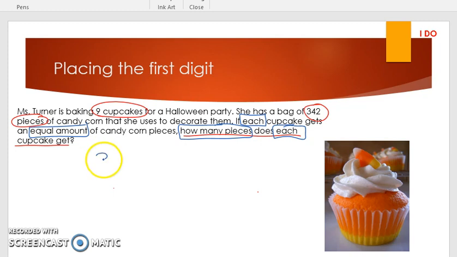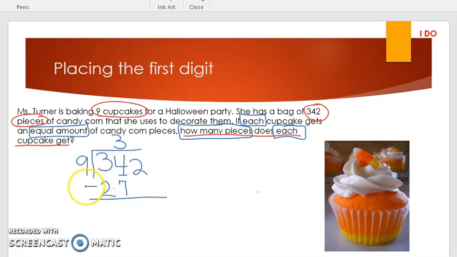So now let's go ahead and solve. We have 342 divided by 9. And if you don't remember how to do an estimate, this would be a good question to put in your notebook to ask your teacher. So the first thing we're going to ask ourselves is, how many times does 9 go into 3? Well, we can't have 9 cupcakes and divide it among 3 parts. So then we're going to look over here in the tens place, and we're going to say, how many times does 9 go into 34? 9 goes into 34 3 times. 9 times 3 is 27. We're going to subtract,